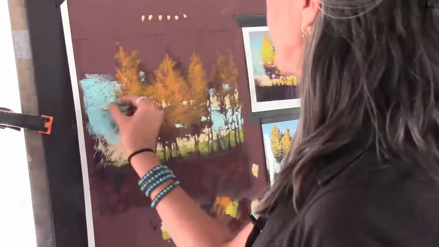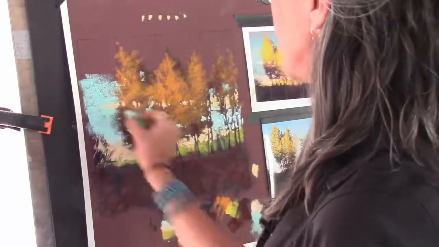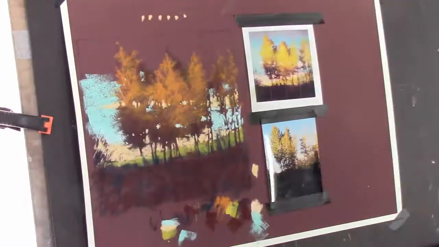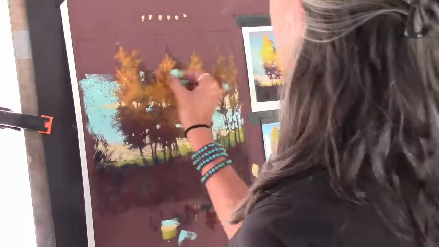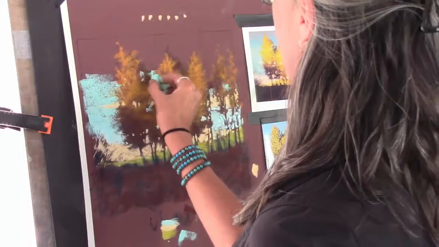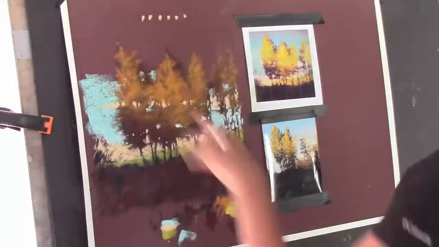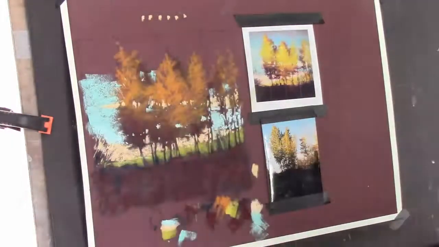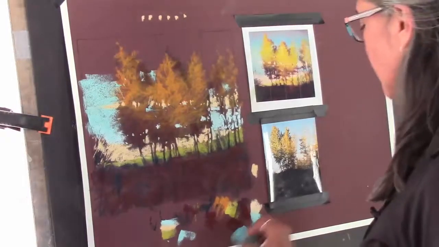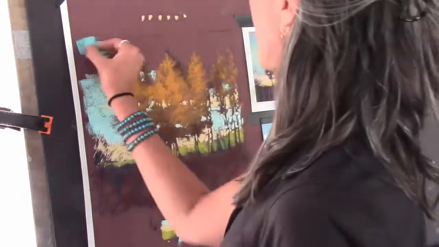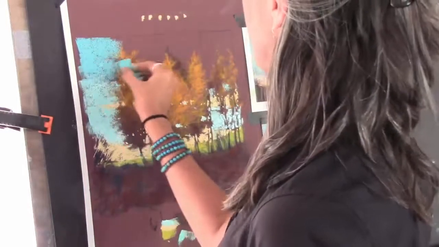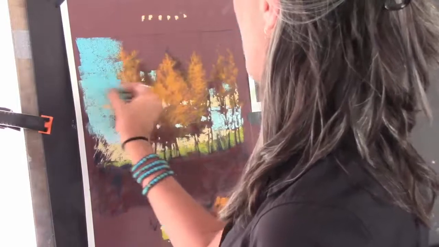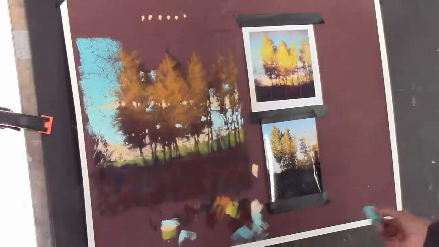I'm going to fill the tooth of the paper just a little bit more here. Now, I really want more of a gradation of the sky from the horizon to the zenith. So I want it a little darker up there, darker still. So I need to shift again to a little bit darker aqua. So I'm going to come and just go for it a little bit with this darker aqua and marry these two together,